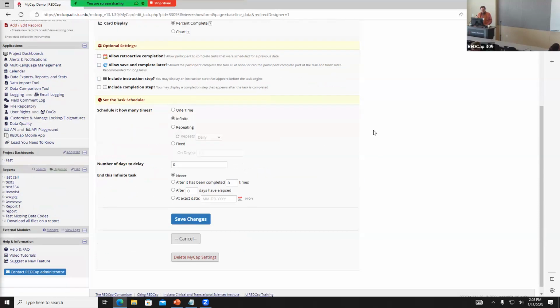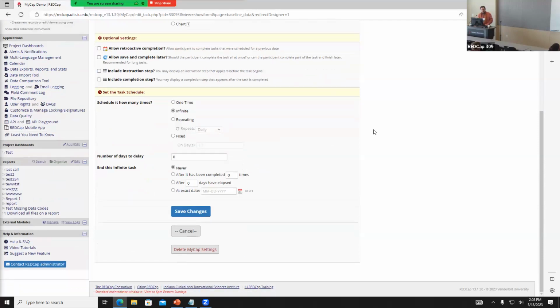There's various settings. And then there's the task schedule. And we recommend that when you're first testing it, you test it out using this infinite option so that you're able to not worry initially about the scheduling. You're not having to wait for something. First, test out the form itself, the task itself, using this infinitely repeating option. You can just take it as many times as you like and make sure it's how you like, and then you can go to working out the exact